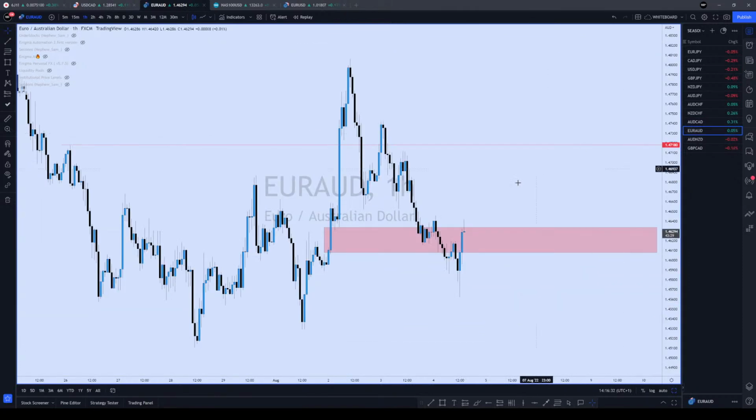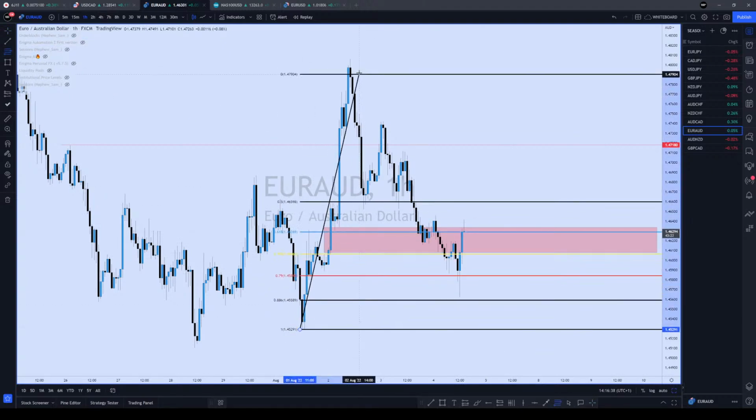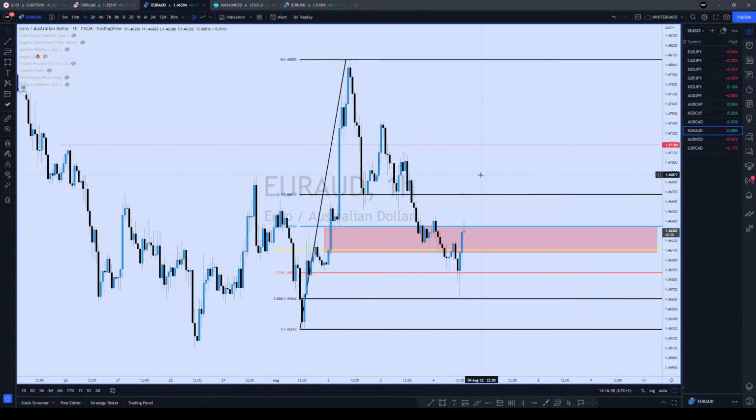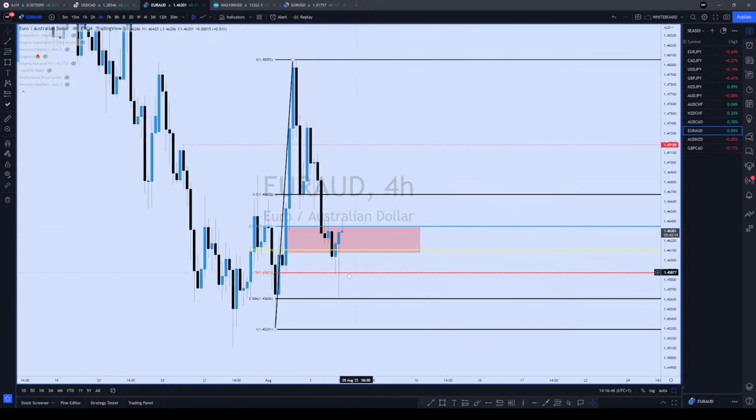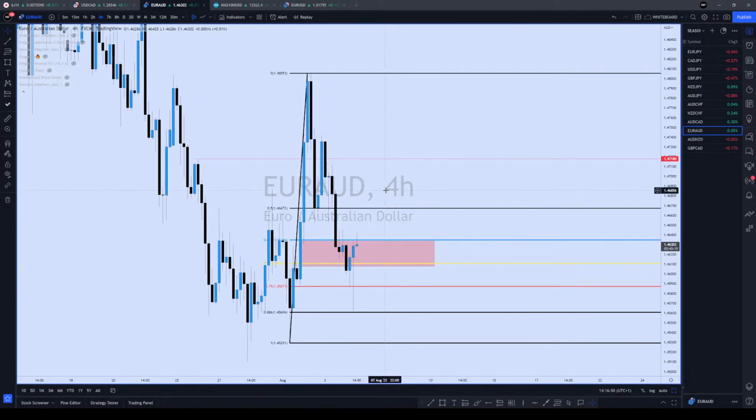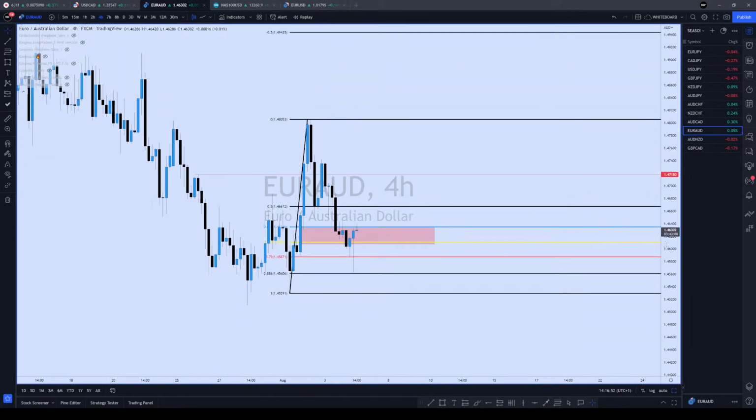Euro Aussie, we talked about this area reacting as OTE relative to this range. We've had a break in market structure here. On the H4, we've confirmed a swing low. So I want to see price go up. Right, from where we are, I want to see price go up. Now,